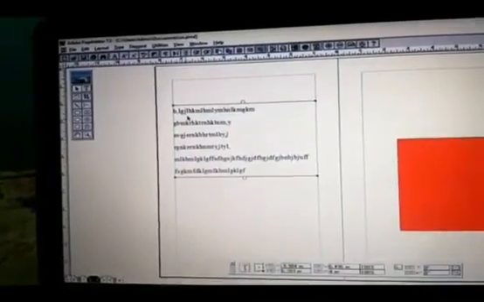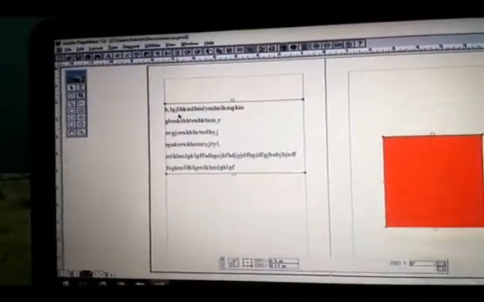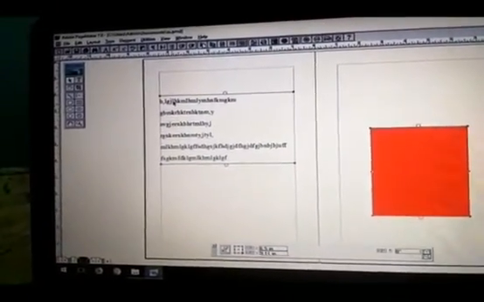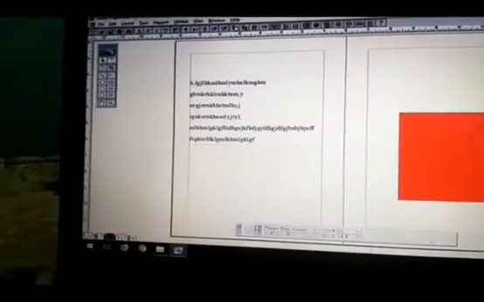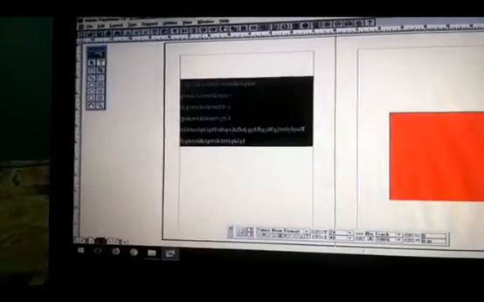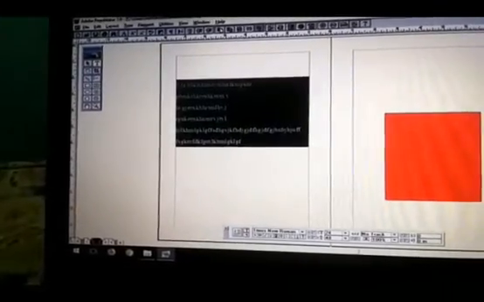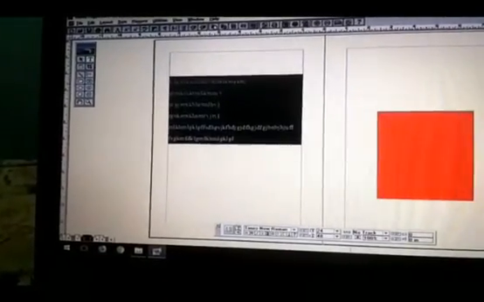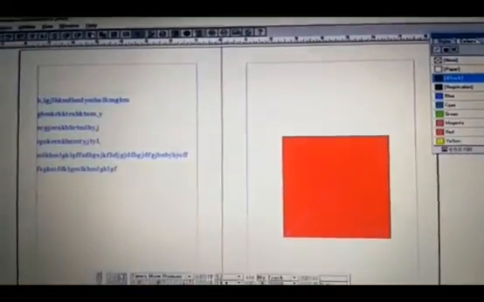I click the text tool, and by pressing Ctrl A, I am selecting the text and changing the color into black or blue, whatever it may be. Now the text color is blue and the frame color is red. I'm filling with yellow.